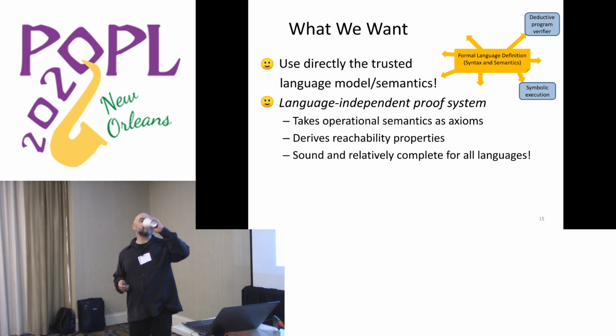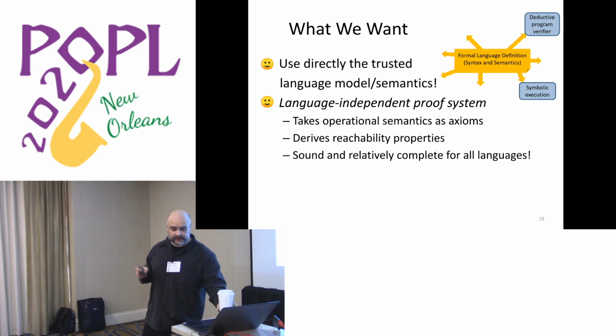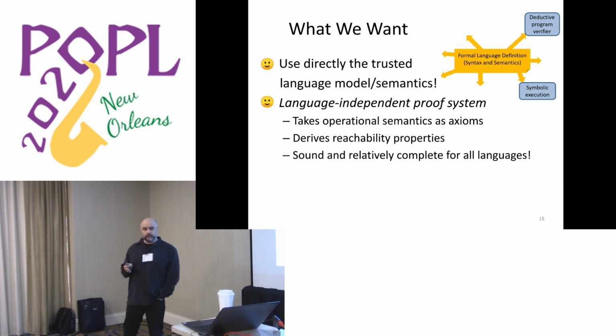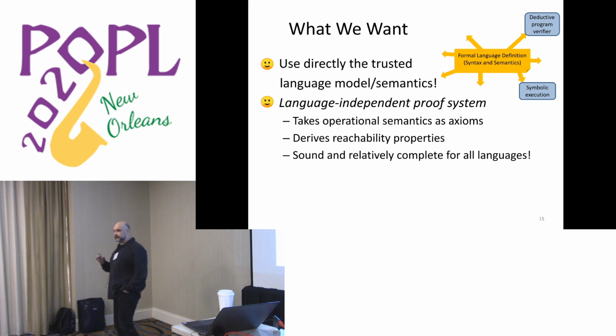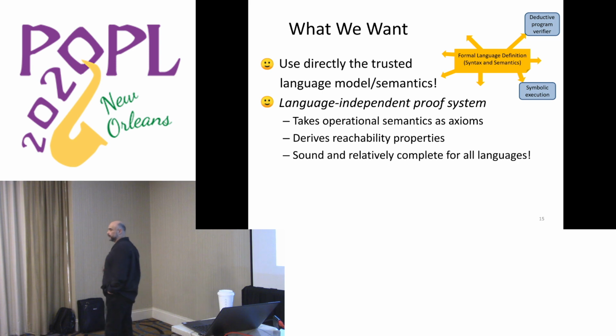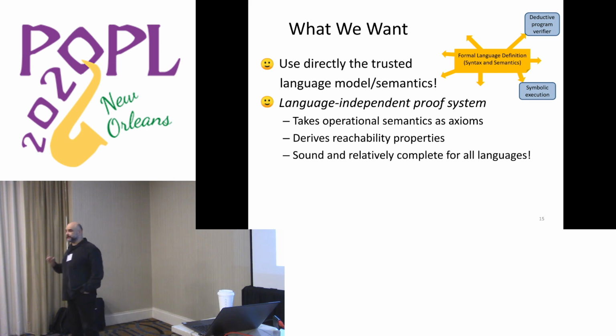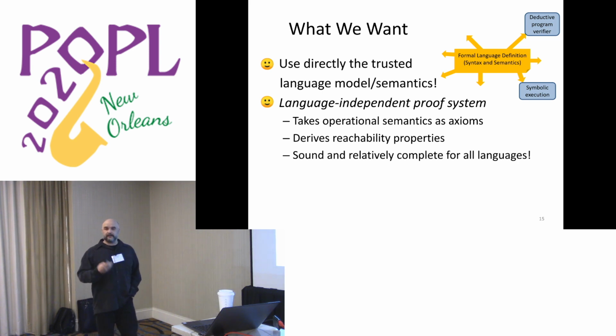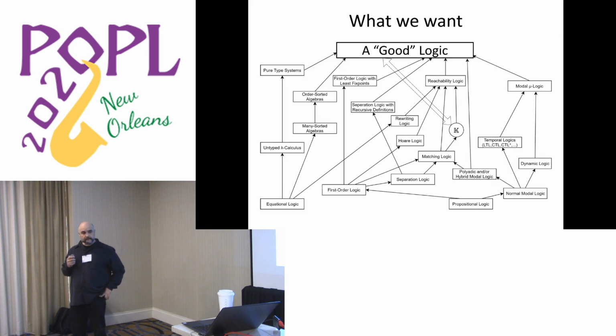And I think the key insight here is that we'd like to do all this elegantly and naturally and efficiently, right? Because it can be done in principle. In principle, you can take an operational semantics and use inductive proofs, using induction, use all kinds of automation, and you can do things in principle. But we'd like to do it at the same level of elegance as you do it with other logics, specifically crafted for reasoning about programs.